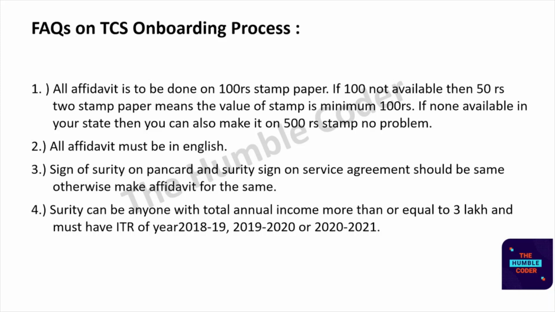Now you might be confused how you can get 250 rupees, because in most of the cases you need to get the affidavits for surety or service agreements, right? So for that you have a 4 to 5 page document. So what you can do is, if you have 100 rupees stamp paper, then you can get the first page content printed on the 100 rupees stamp paper and the rest on A4 size. Otherwise, if you have 250 rupees stamp paper, then you can get the content of the first 2 pages on 50 rupees stamp papers and then the rest on A4 size. So in this way you can get your affidavits prepared.